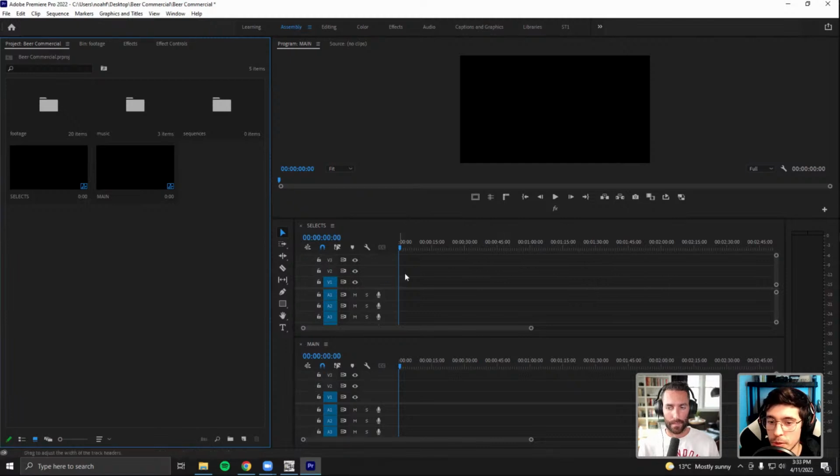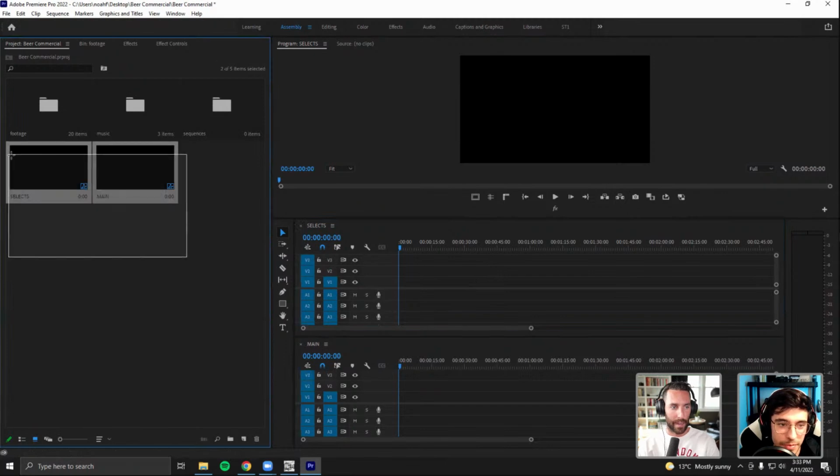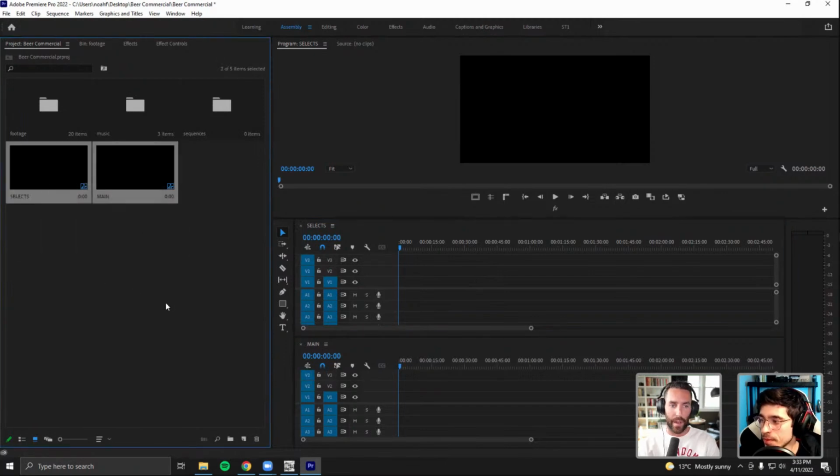You edit all the clips, and once you have all your selects in your timeline, you can slowly drag them onto the main timeline and piece together a story as if it's a painter's palette. You pick which one you want and put it on the main timeline. It's kind of the equivalent, for Illustrator fans and users out there, to your artboard, and you work with that inside of Premiere.